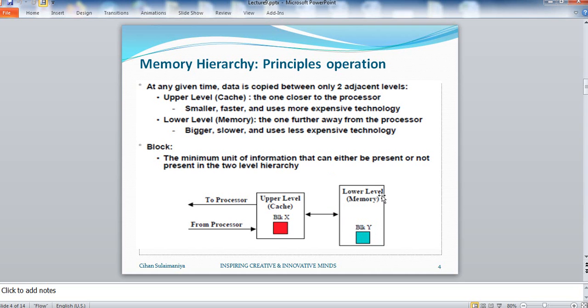So that's why we name it the lower level. The lower level memory, or RAM, is the one which is farther; it comes after the cache memory. It's bigger in size, however it is slower in speed, and it is less expensive. Now if you go to Ali Namali, maybe you could get RAM with 8 gigabytes. You could get something like 4 gigabytes for about $40,